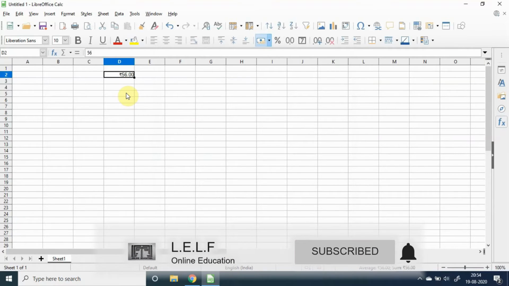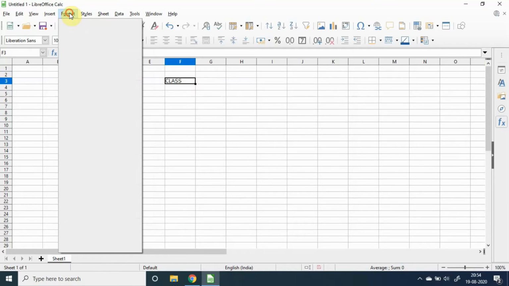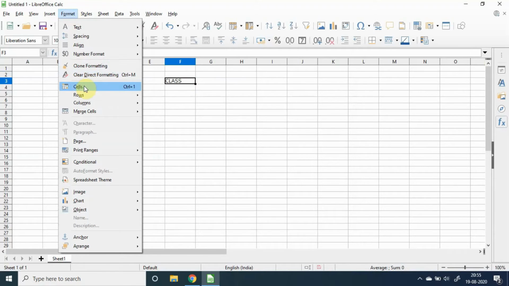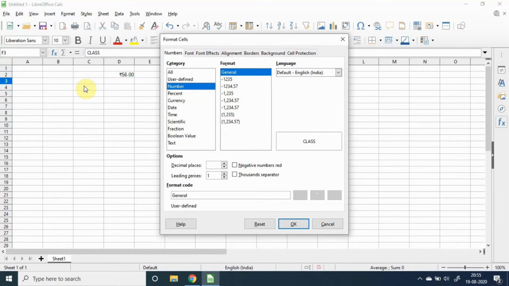Now, let us learn how we can work with text formatting. First of all, let us write any text value. After finishing, we will select the cell and go to the Format menu again, Cells option. The Format Cells dialog box opens up.